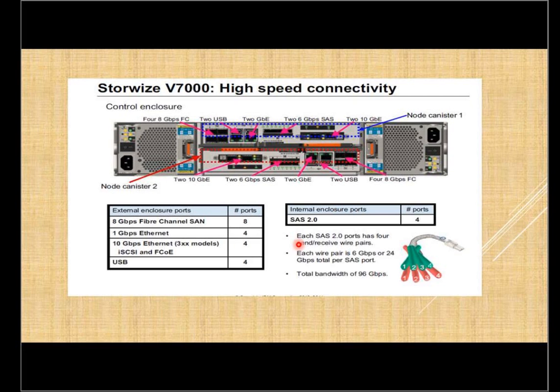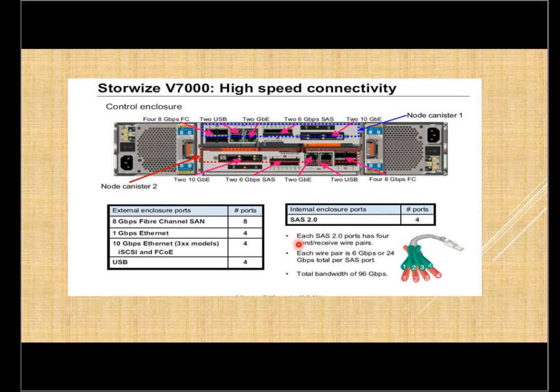Apart from it, when you look at the front side of this StoreWise V7000, that side also contains 24 drives. So if we talk about the complete rack, you can have 24 multiplied by 10. It means a total of 240 drives per IO group. As we discussed yesterday, we can have at max 4 IO groups. So when we do a complete calculation, we can have a total of 960 drives in a fully configured StoreWise V7000 box.